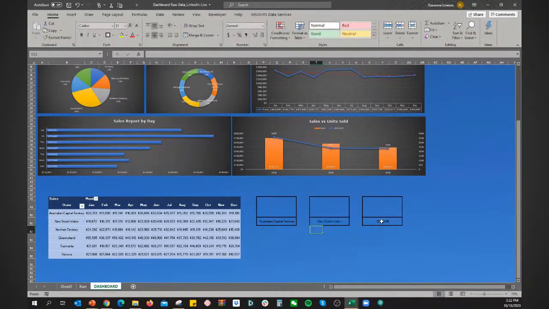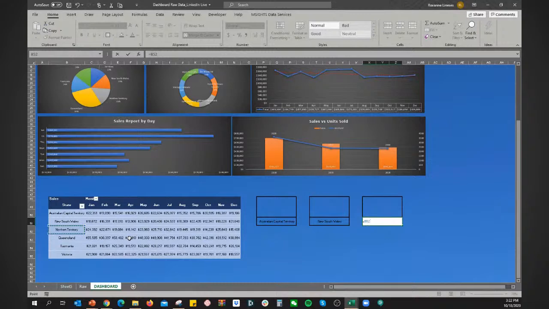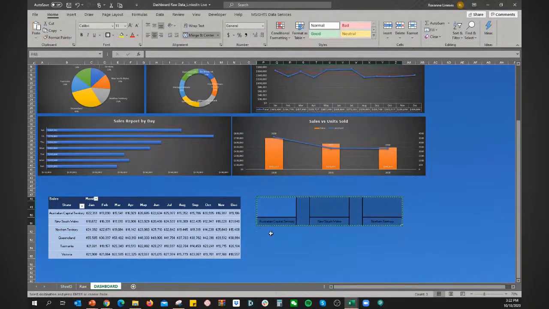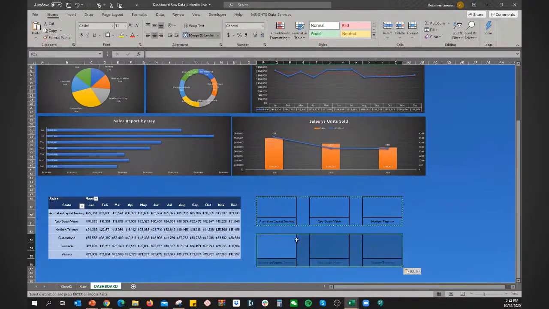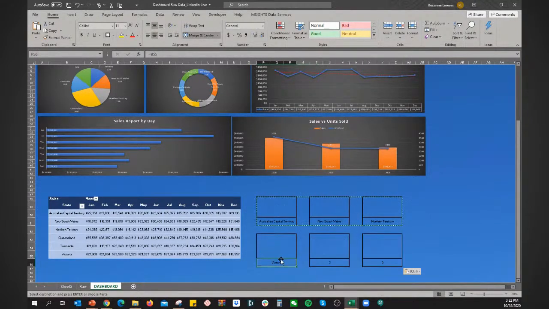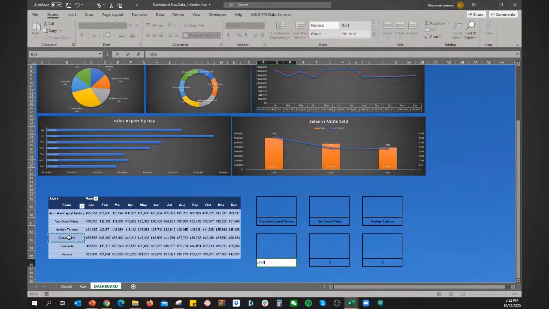This one is New South Wales. This one is Northern Territory. Ito additional tip lang if you would like to use the Sparklines, for example. Okay? Sa ano kasi sa